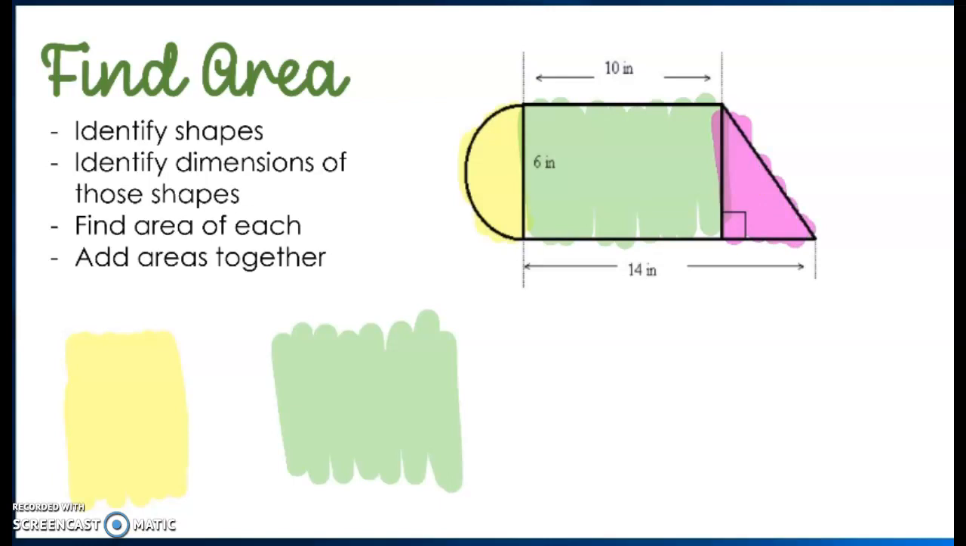Now again, a lot of times you're going to be missing parts, so you want to be careful how to find missing parts. Don't guess. You got to find it appropriately and mathematically. Okay, so we'll start with the